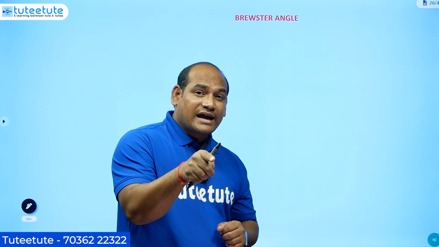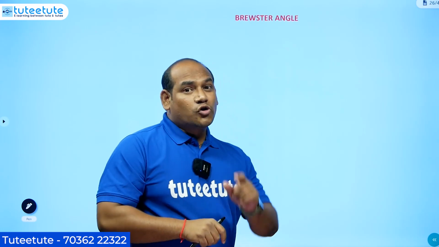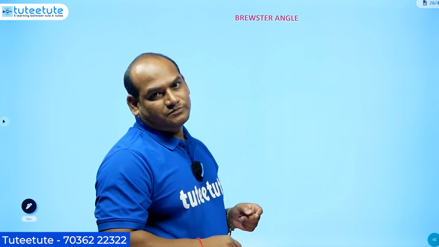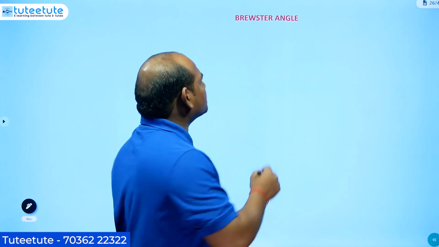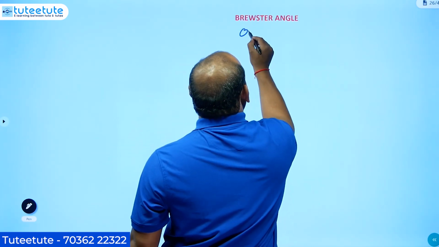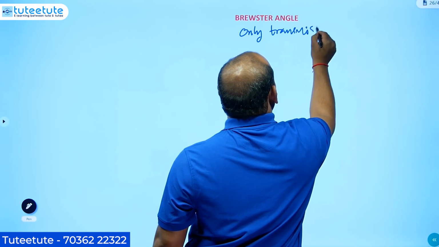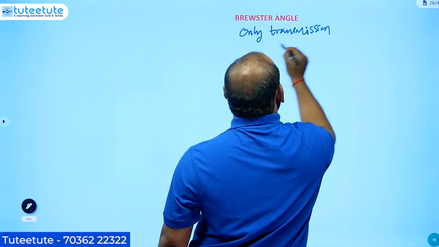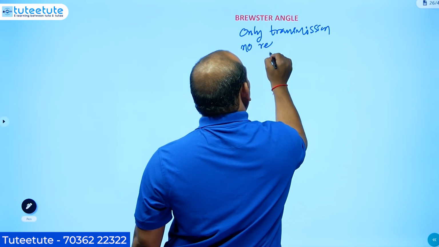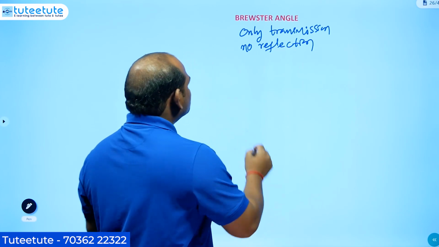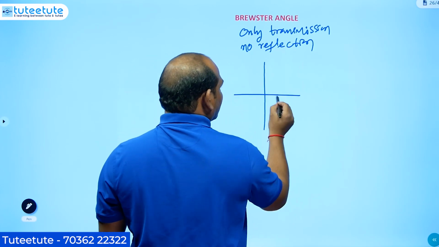Now we will see what is Brewster angle. In case of critical angle, which came in total internal reflection, the total wave has been reflected. Brewster angle is opposite to that one: no reflection, only transmission. Okay, so I am taking again the boundary,